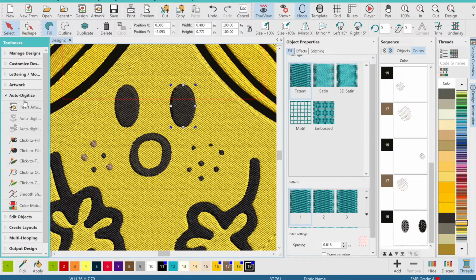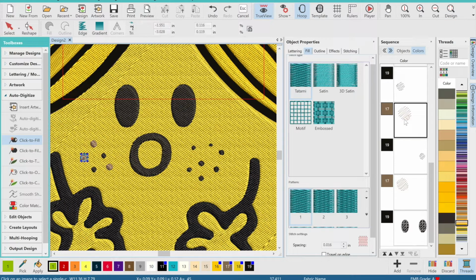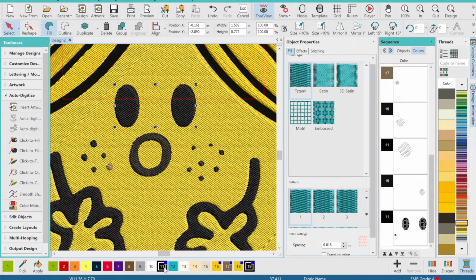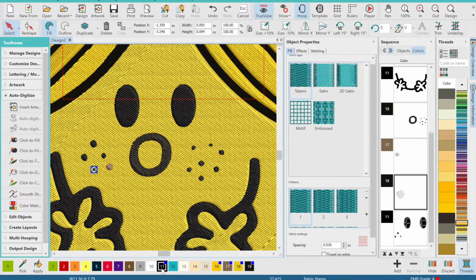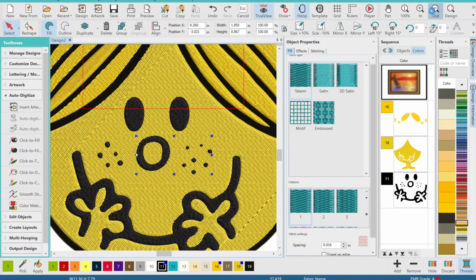Okay, somehow I accidentally duplicated it again. Okay, let's see. Okay, that's pretty good. So everything else is good. I'm going to change these moles over to the black thread as well. Okay, so now I'm going to zoom back out,